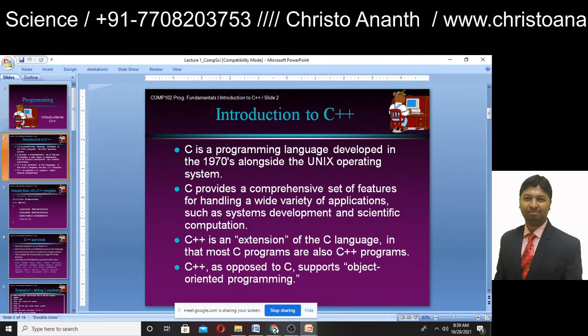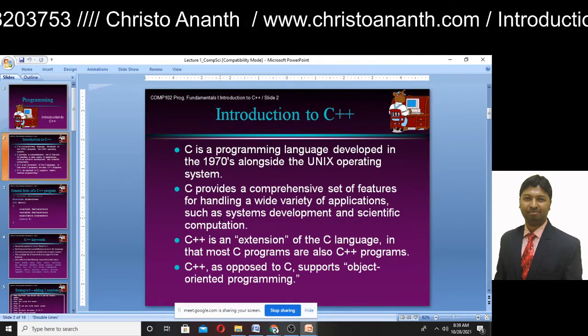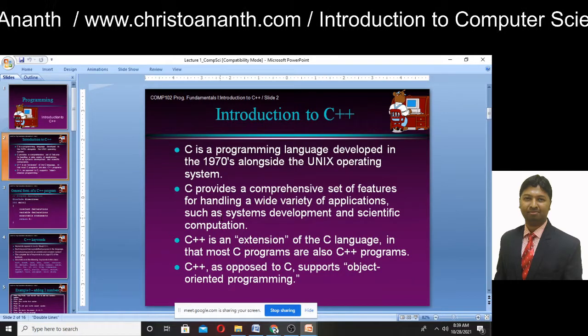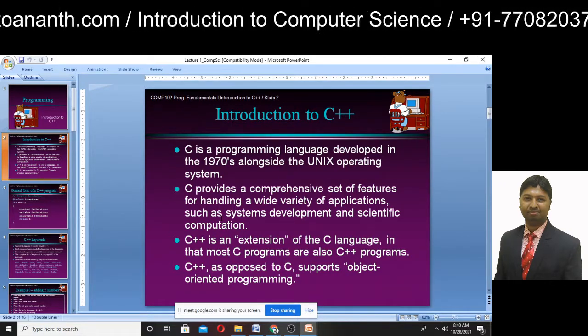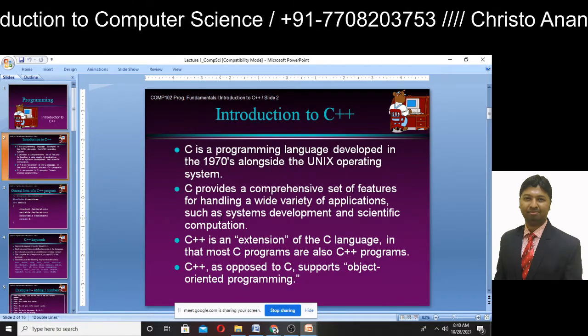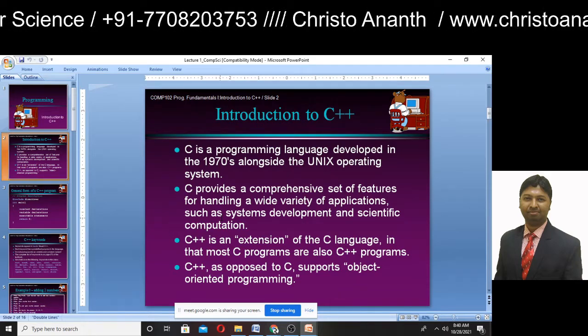Like C is a programming language which was developed in the 1970s, alongside the Unix operating system, and C provides a comprehensive set of features for handling a wide variety of applications, maybe like systems development and scientific computation. And C++ is an extension of C language.